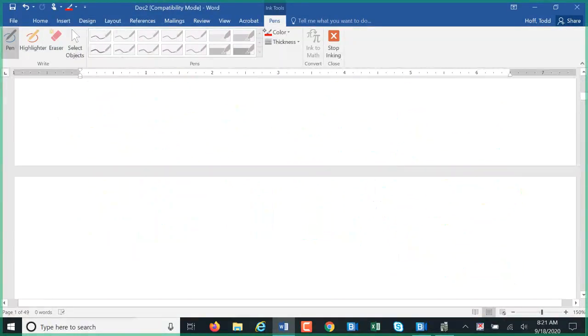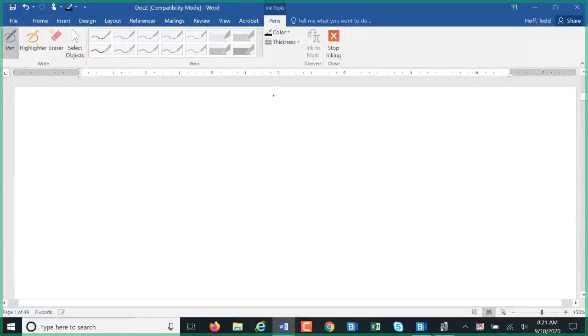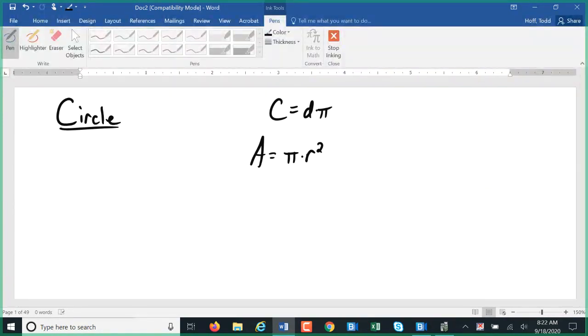And of course, the area of a circle. We talked about the circumference of a circle being the diameter times pi, or pi times diameter. For area, it's pi times the square of the radius. Again, at some point when we do areas more formally, we'll come back and we'll look at where that formula comes from. But for right now,